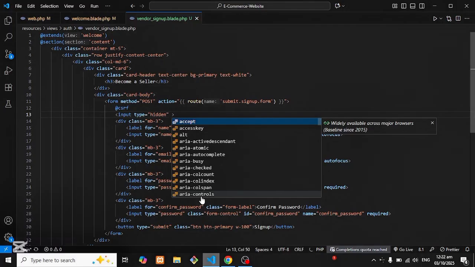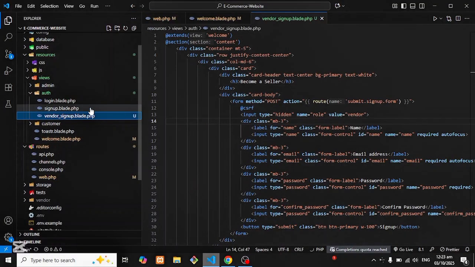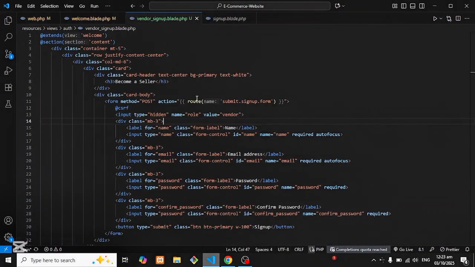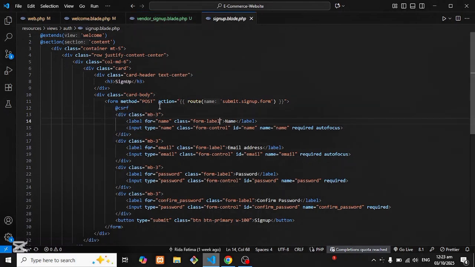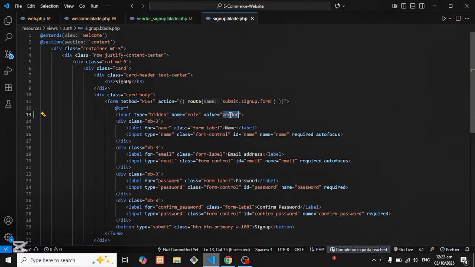So for now, I will name it role with the value of vendor. Okay, perfect. Also, I will make some changes here as well. I will add here a role of customer,